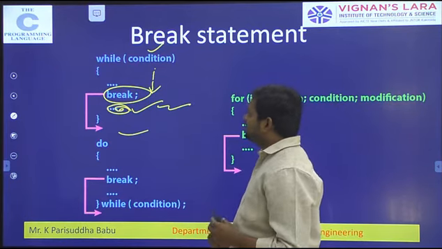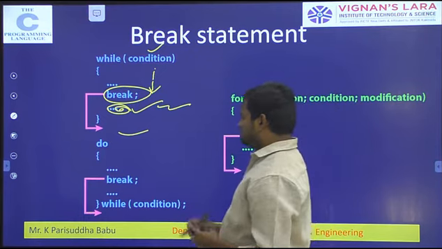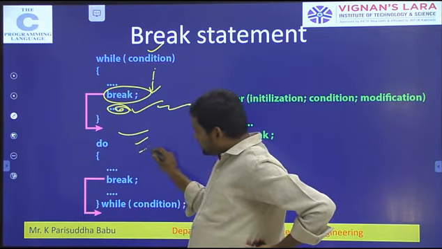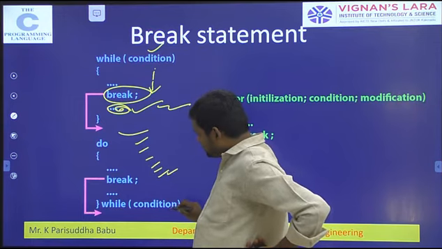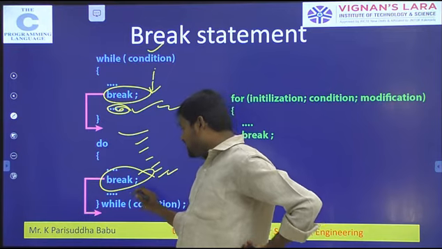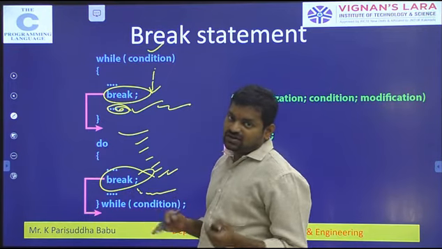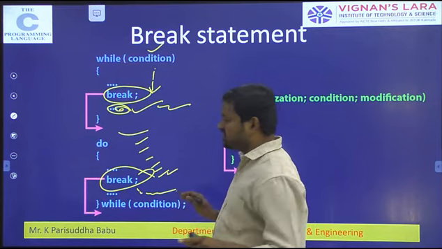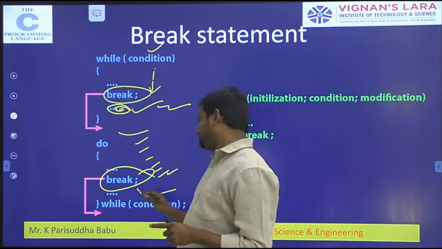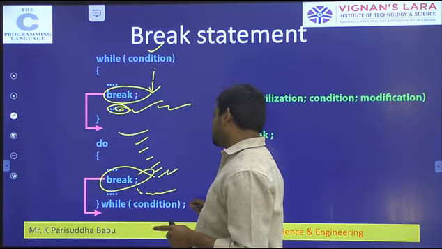If you see the do while loop, first the instructions are executed, after that the while condition is checked. Whenever the break is encountered, the instructions after it will not execute. It skips them and goes to the while condition.